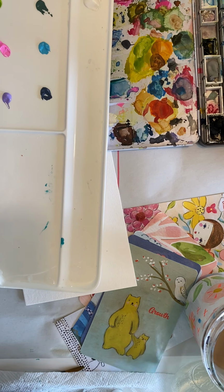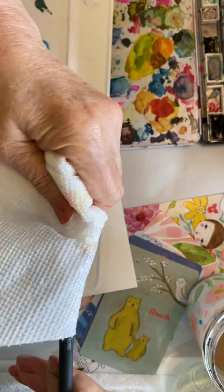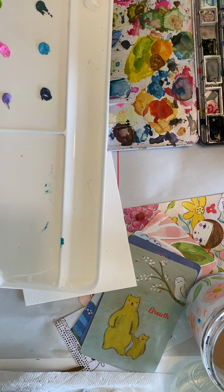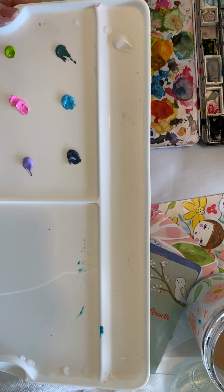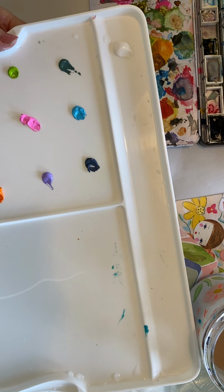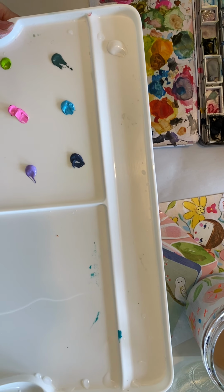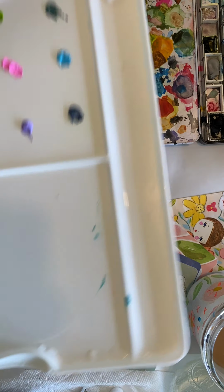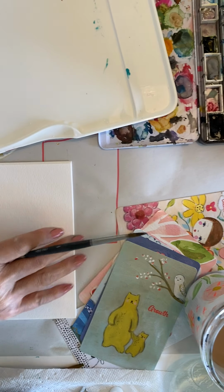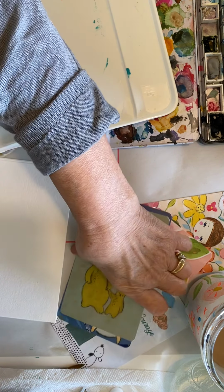And I think that this little watercolor tray that I bought, I think I bought it at Michael's or someplace, but I really love it because it's flat and it's big and it lets me play. And I just play in here all the time. So let's first start by